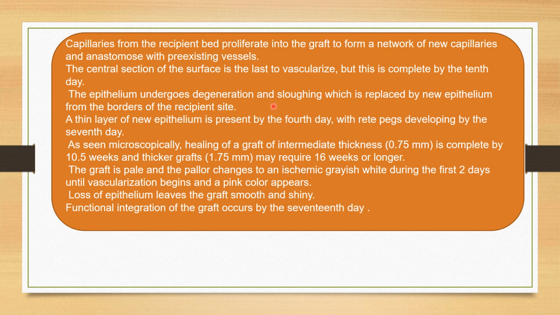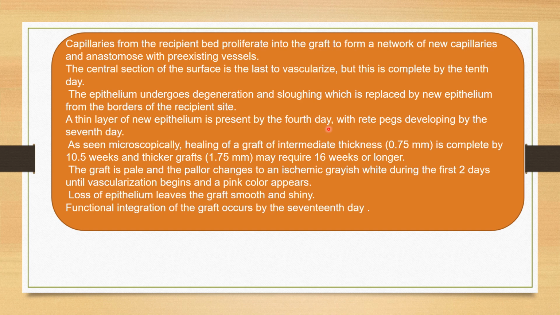Capillaries from the recipient bed proliferate into the graft to form a network of new capillaries and anastomose with pre-existing vessels. The central section of the surface is the last to vascularize, but this is completed by the 10th day. The epithelium undergoes degeneration and sloughing, which is replaced by new epithelium from the borders of the recipient site. So a thin layer of new epithelium is present by the 4th day, with the rete pegs developing by the 7th